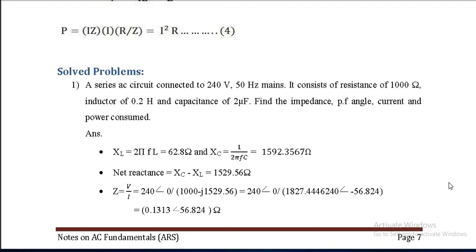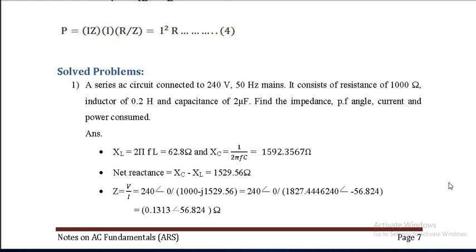Okay, so XL is equal to 2 pi FL. You have been given the value of L. Again, let me stress that pi is to be taken directly from the calculator and not as 22 by 7 or 3.14. Okay, so it will be 2 multiplied by the value of pi from the calculator, multiplied by 50, as long as we are in India, the frequency is 50 hertz for distribution, right? Multiplied by L, that is given to you as 0.2 Henry. Okay, so that comes out to be 62.8 ohm. Why? Because reactances are in ohms.